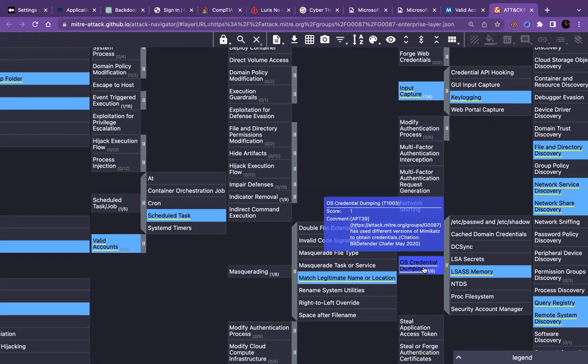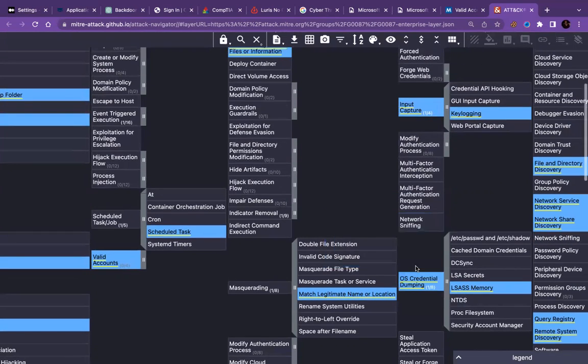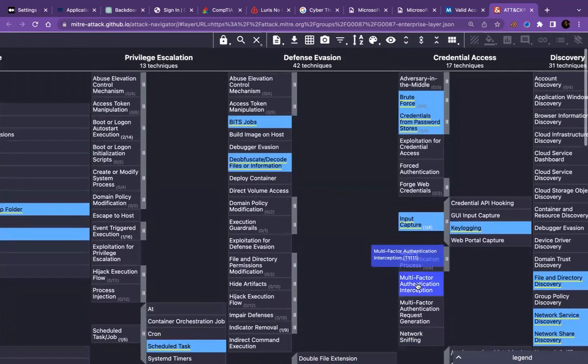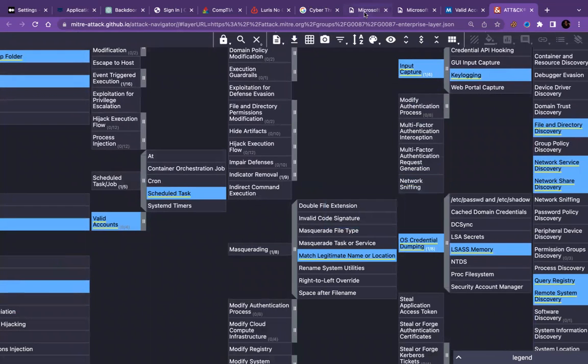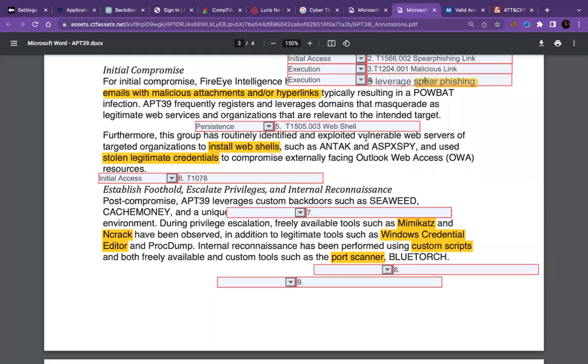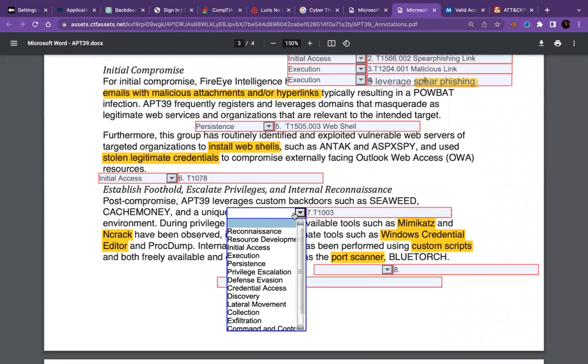Yeah, let's use this one because credential dumping means copying credentials after doing some scanning. So if I'm copying passwords, this is T1003. T1003. Answer for 7. T1003. And that one falls into the category of